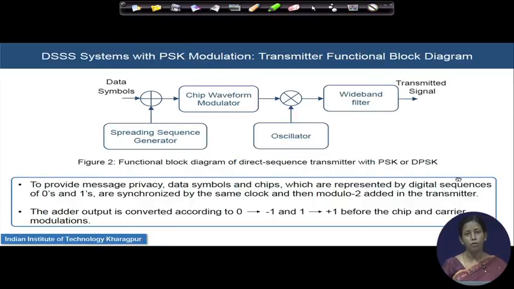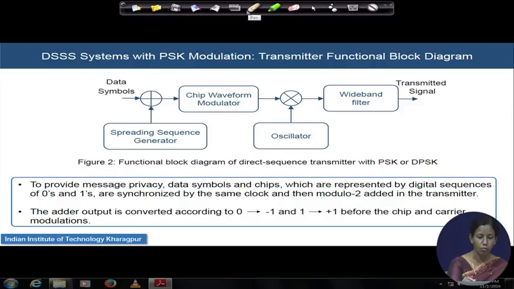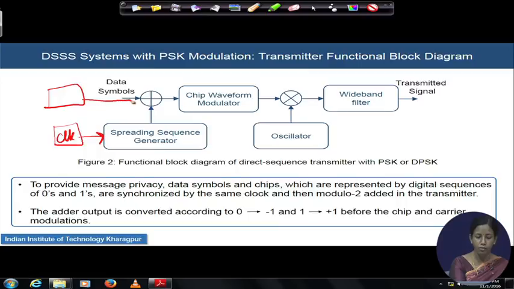This is the conceptual block diagram of generating the spread spectrum signal in the transmitter, where the direct sequence transmitter is utilizing the PSK, either binary phase shift keying or the differential phase shift keying. The data symbols and the spreading sequences, both, in order to bring them in sync, we drive both the circuits by the same clock. Here we have a data generator block which is generating the data symbols, zeros and ones. So, the clock will be driving both the data generator and the spreading sequence generator at the same time,